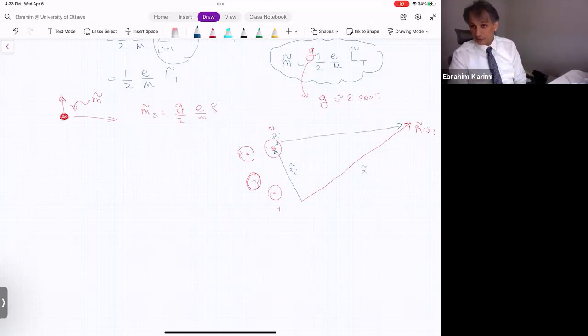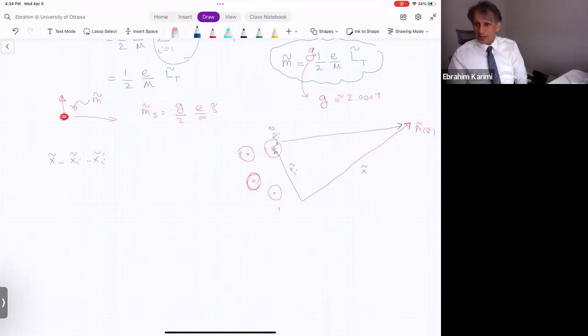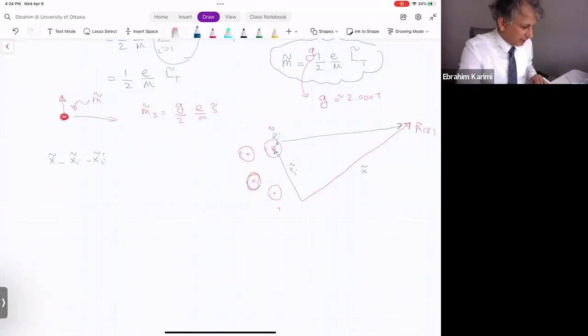You remember that we have done that for the electric potential. Do you recall that? So we had three points, which was x minus xi minus x prime i. And we assumed that x prime i is way, way smaller than xi, and we did the expansions and all of those calculations. And finally, what we obtain there